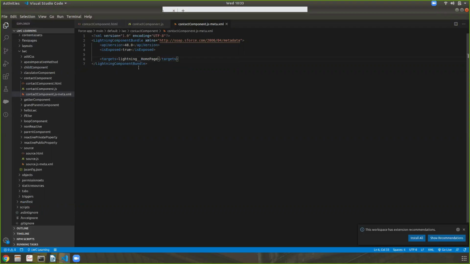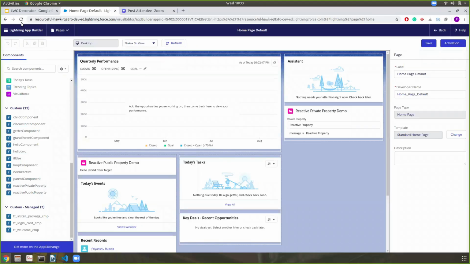Save this file and refresh this edit page of home page.